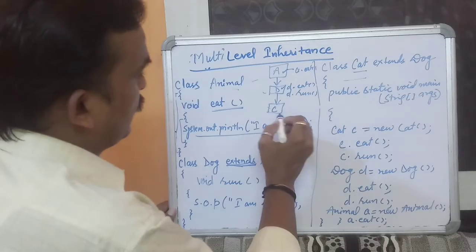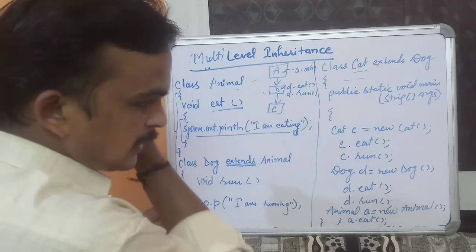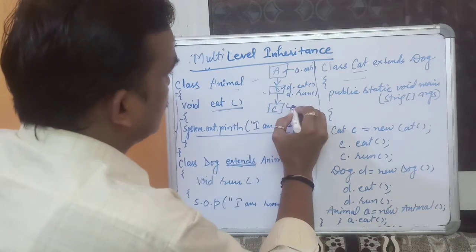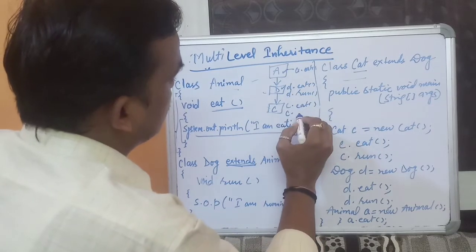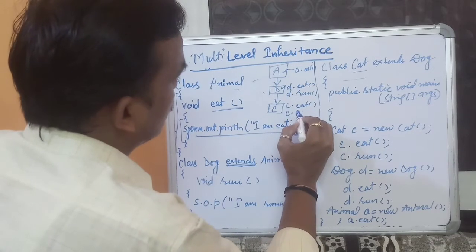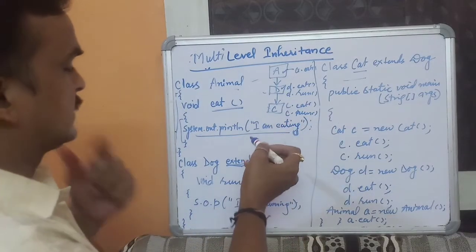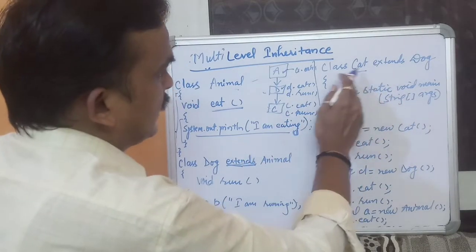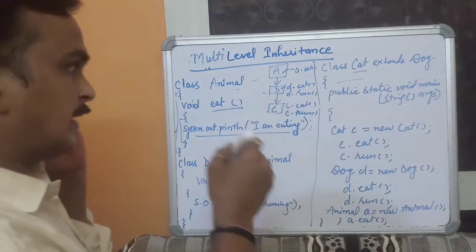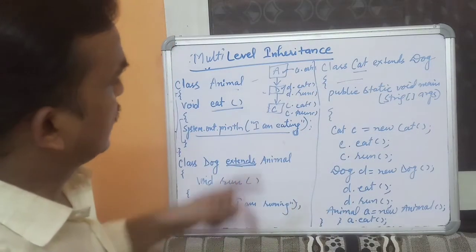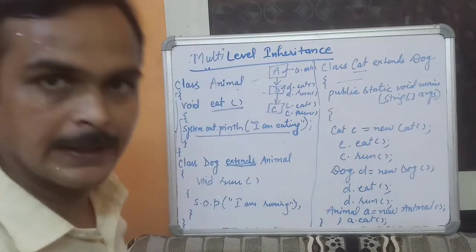Okay. Now if we create an object of class C, this class C can access the method of class A, C dot eat, the class B methods, C dot eat, C dot run, as well as its own class method. Here we did not create one. If we define any method in this class, then it can also be accessed by the C class object. So that was the scenario. That is multi-level inheritance.